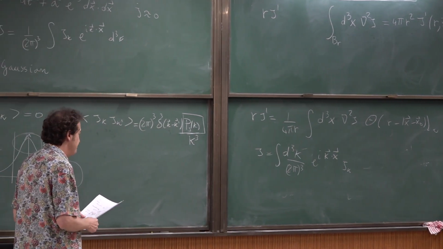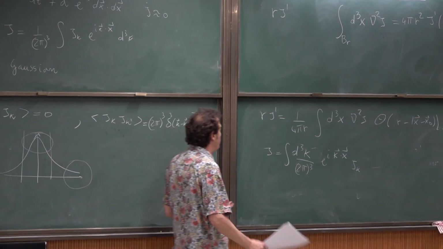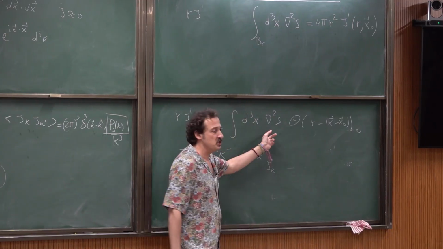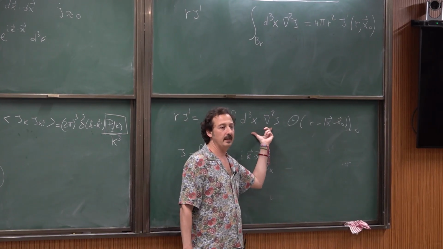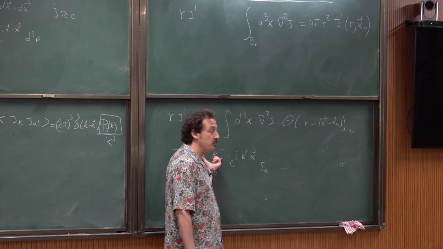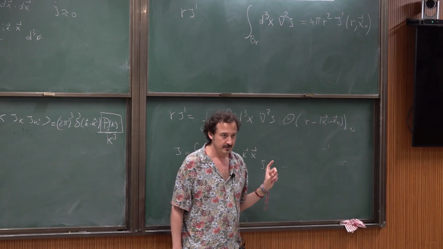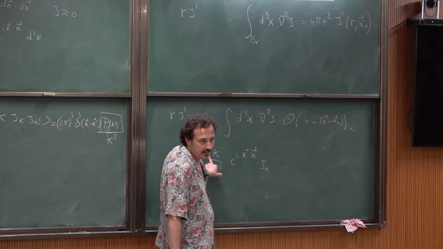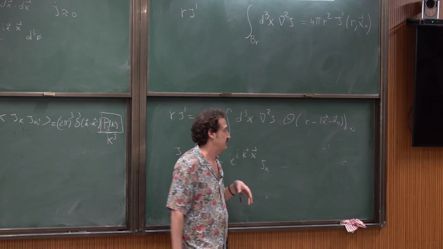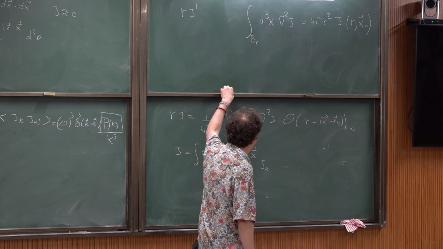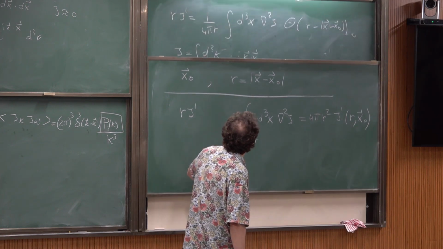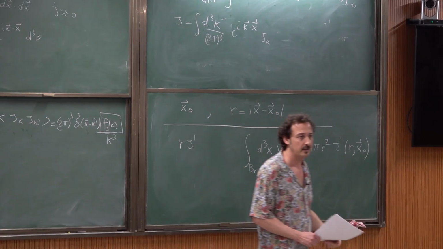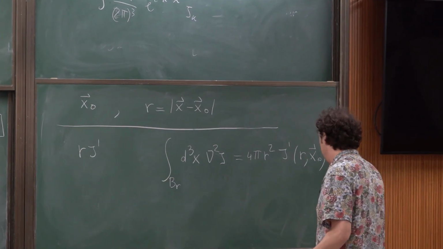If you plug this in and exchange the integrals, you do the integral in r before the integral in k. So you get an integral in k, because that's what is left over. I leave you this little exercise: put this in there and integrate in x, in spherical symmetry. And then what you get